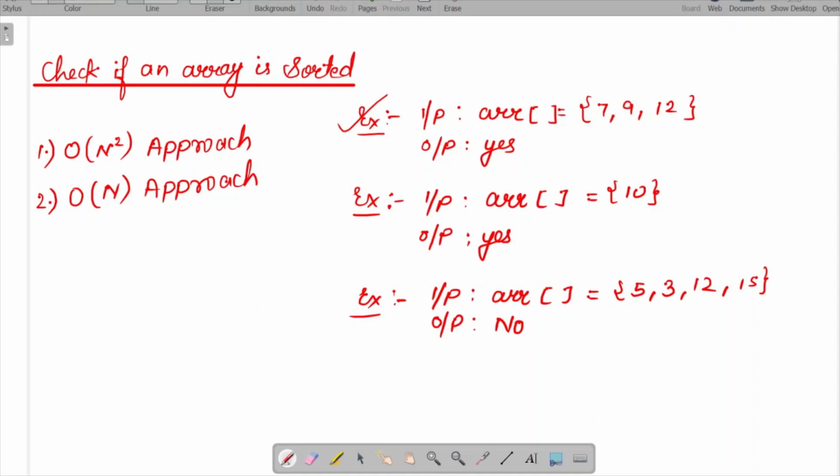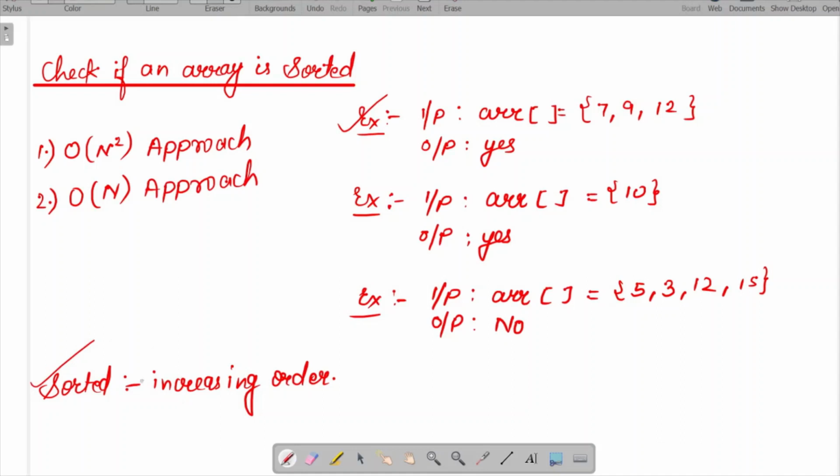So when we say sorted, in this question, sorted means sorted in increasing order, or you can also say in ascending order. We don't have to consider decreasing or descending orders, descendingly sorted array. We don't have to consider it.